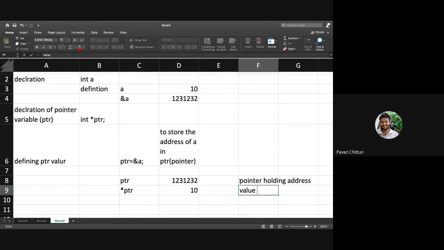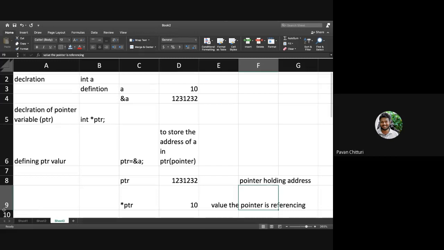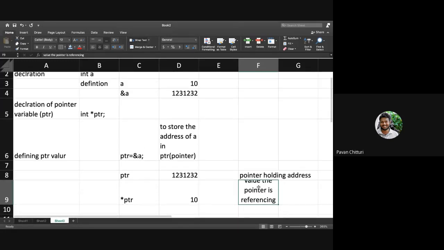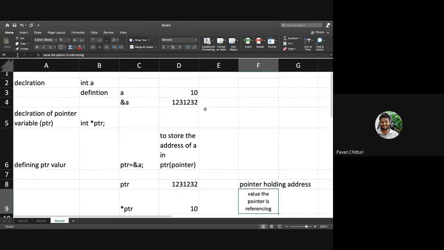Value in the pointer. Value the pointer is referencing. So the value that is residing inside the pointer.